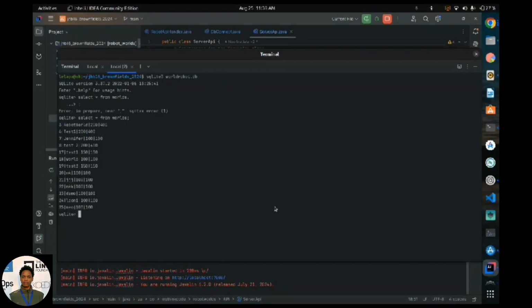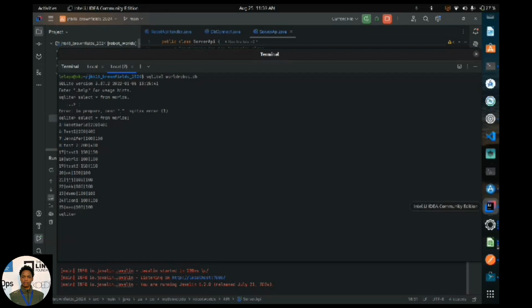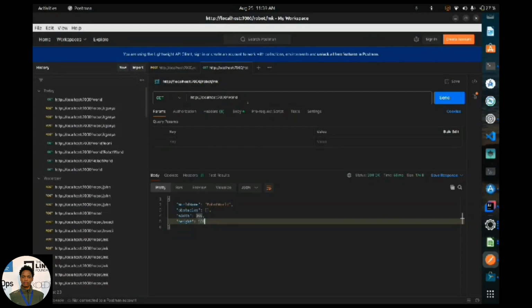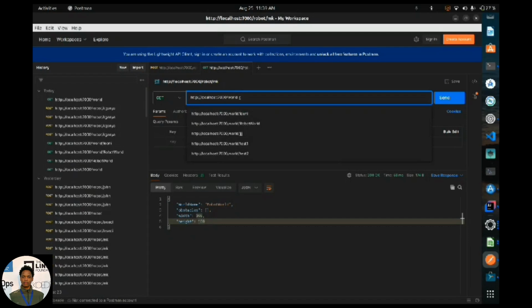So in this demonstration, we're going to be getting this robot world with ID 3 from our Postman. So it's robot worlds